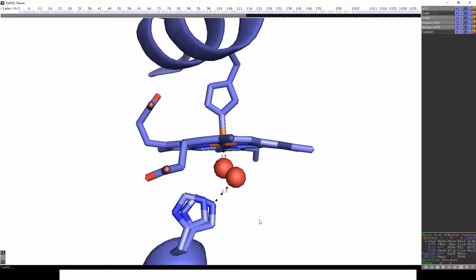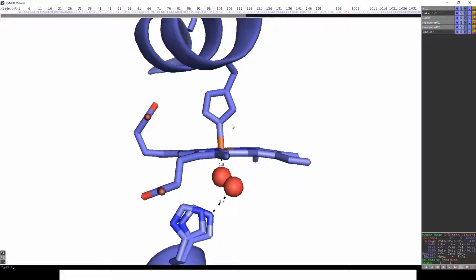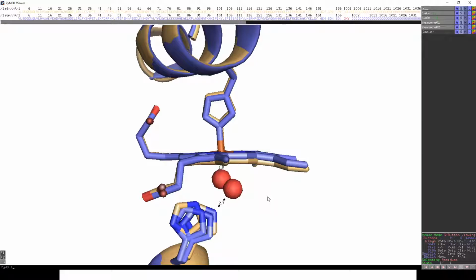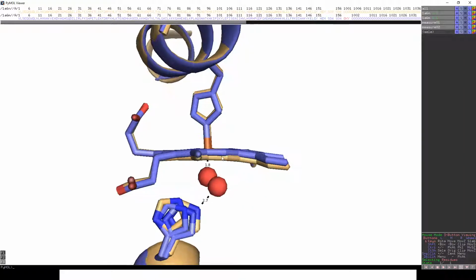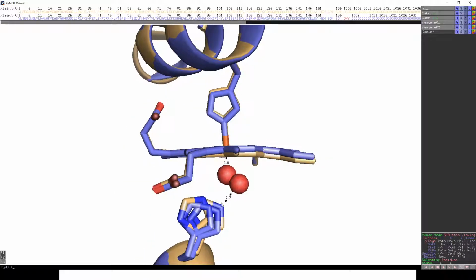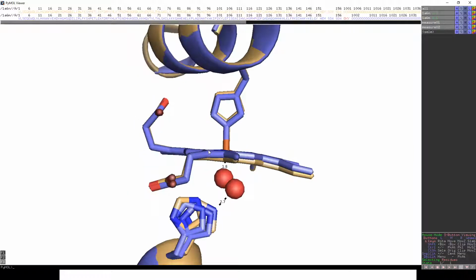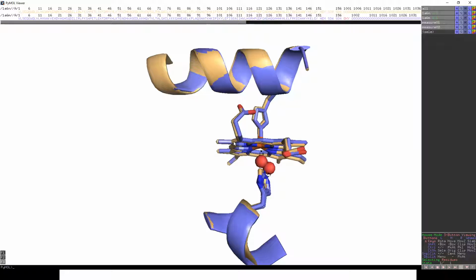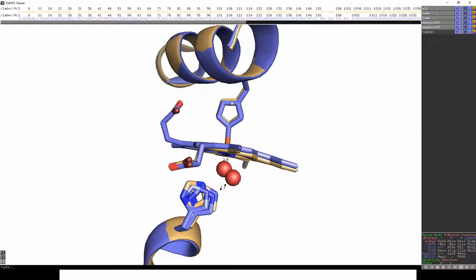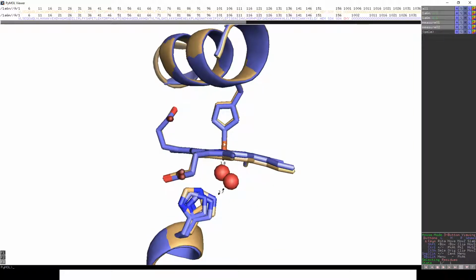So there are 2 histidines. One is interacting directly with the iron. The other is interacting with the bound oxygen, which is shown here. This is O2. Okay. Now, just to give you a sense for what that looks like, you'll see that the position of the histidine on the bottom side interacting with the oxygen doesn't really change a whole lot. But what does happen, and it is very, very subtle, but you'll see that the histidine moves slightly down